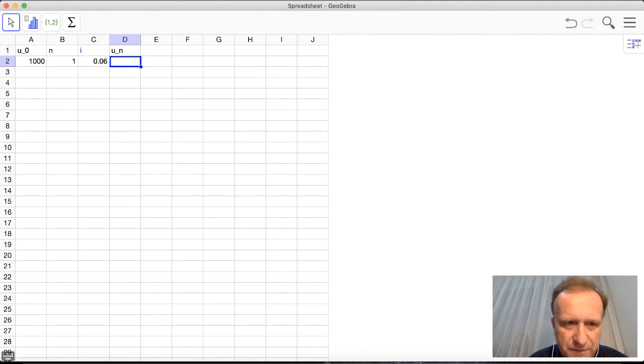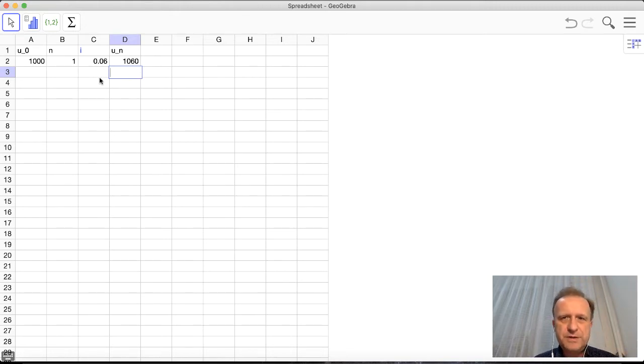And now the formula for U sub n should be, I will use the equals sign, and what I need is to use this number, which is A2, the cell with coordinates A2, times, and now using the formula for the interest, it's 1 plus C2, and all that raised to the power of n, which is in the cell B2, like that, okay. So what I get is the answer of $1,060 after 1 year